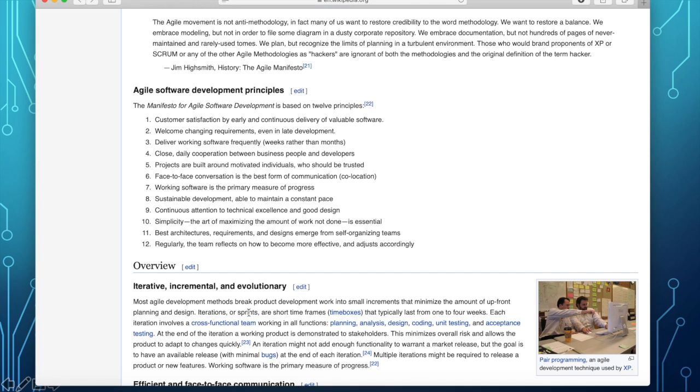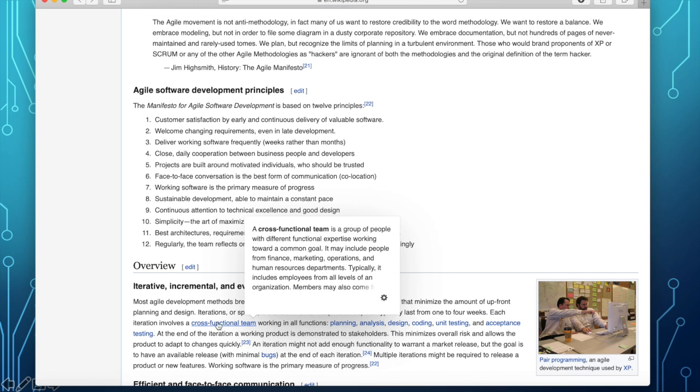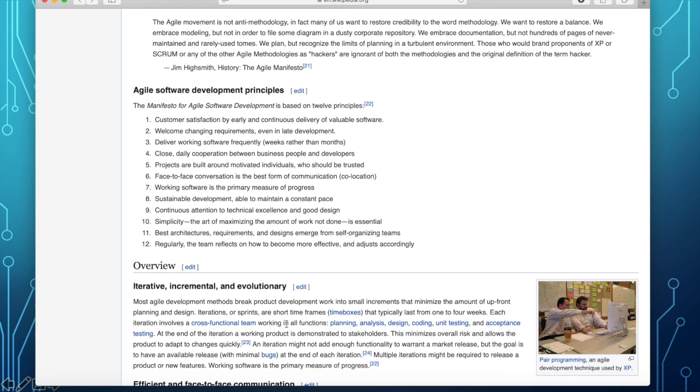Iterations or sprints are short time frames that typically last from 1 to 4 weeks, and each iteration involves a cross-functional team working in all functions: the planning, analysis, design, coding, unit testing, and acceptance testing. So one iteration lasts a maximum of 4 weeks. All right, and it involves iterations, incremental development, and evolutionary.